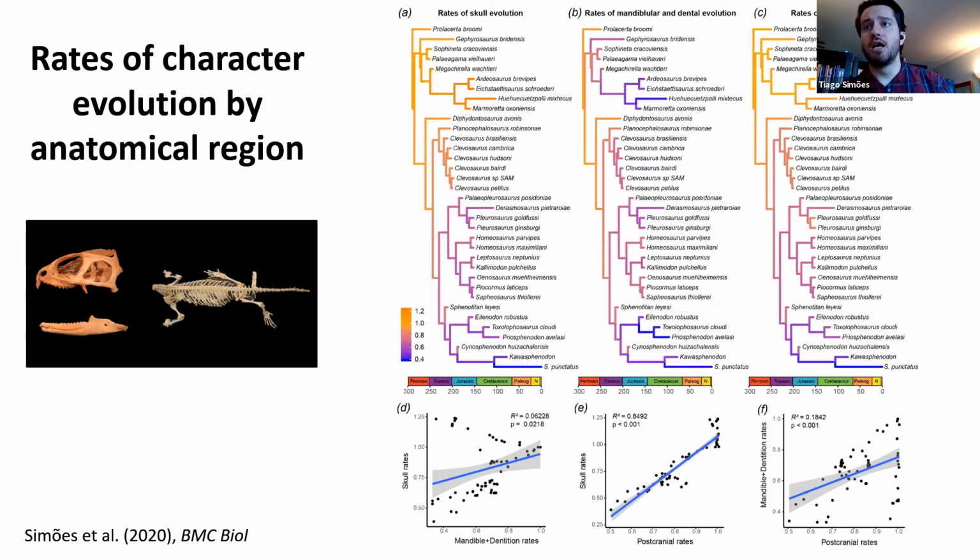Usually they change similarly, but with some particular differences, such as higher rates of evolution on the skull relative to the mandibles in inclivosaurs and some other groups. And we can compare those rates to each other as well and see which ones have stronger correlation, or at least provide better fitting linear models. Even though we're estimating those rates independently, we can see how similar they actually are to each other.